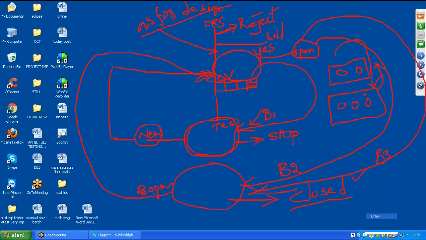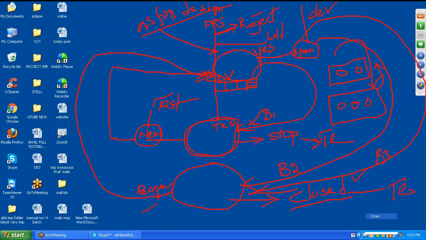Now tell me, who gives the status new? Testers. Whenever you raise a defect to the developers for the first time, testers give the status new. Open status is given by developers, and fixed status is given by developers. Closed status is given by testers, and reopen status is given by testers.